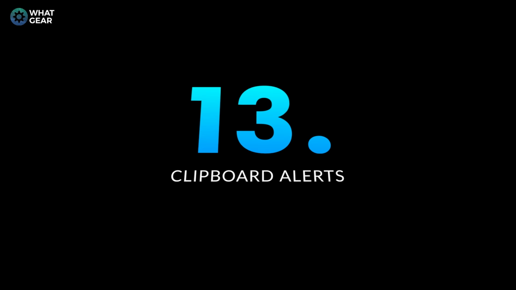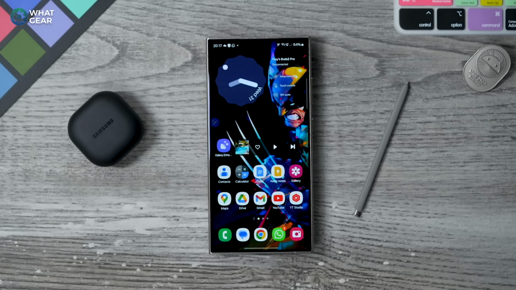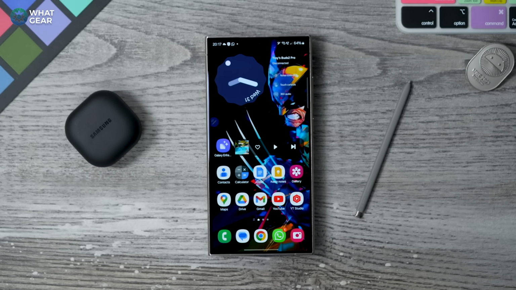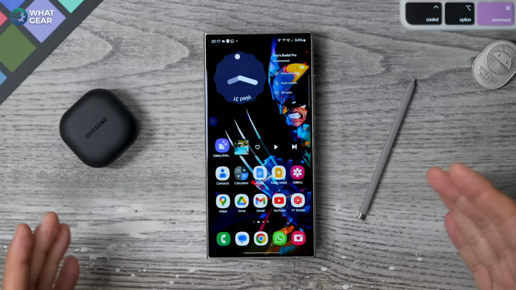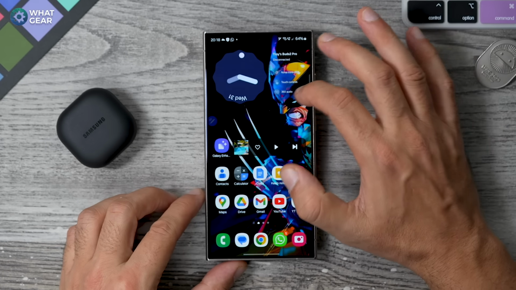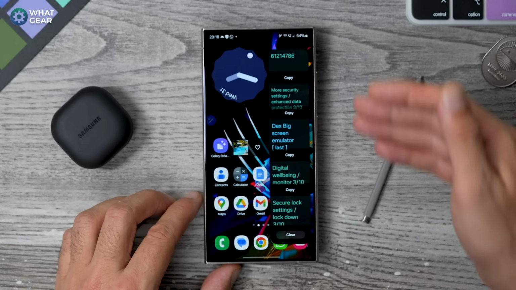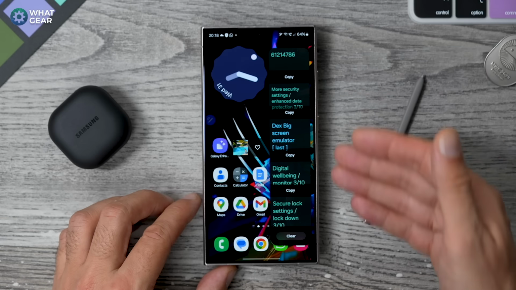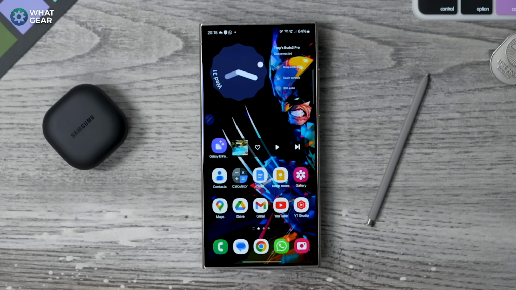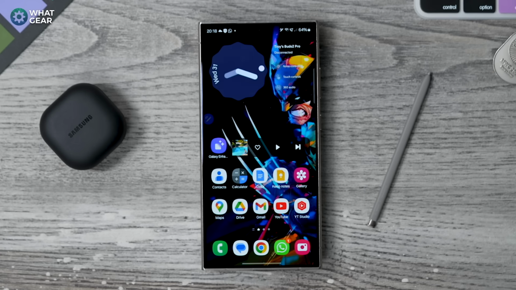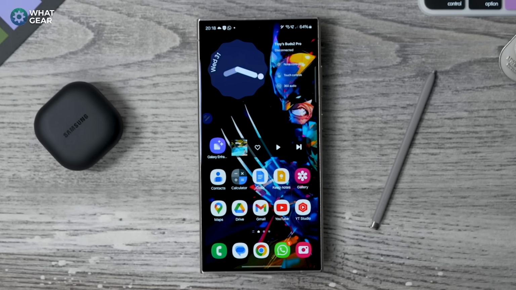Huh? So we spoke about privacy a little earlier on in the video, and this is a very important one to use because the Samsung keyboard has a fantastic clipboard, and in fact it doesn't just keep the last thing that you copied, it keeps a bunch of things that you copied all here. And you can see that I've actually got it set up in my Edge panel, but it also keeps it in memory and can be recalled at any time. And if you've copied something like a password or some sensitive information, you never know when that could be accessed. So I do recommend you set this one up to stop that from happening.